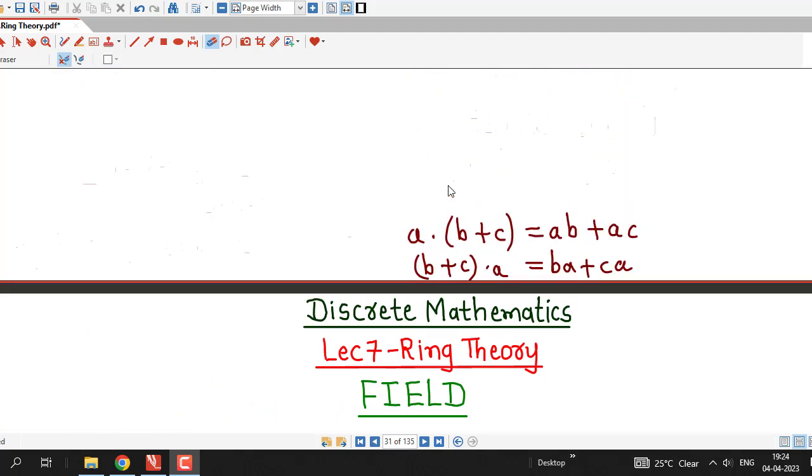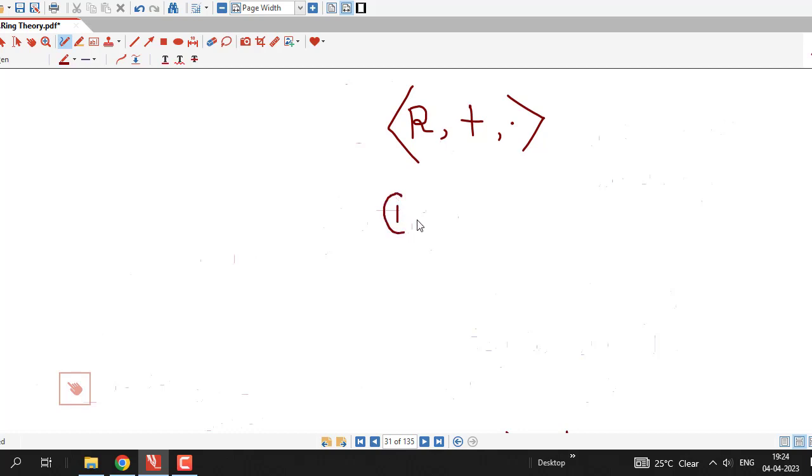So first we recall the definition of a ring. A ring is an algebraic system with two binary operations, which we denote by addition and this multiplication symbol. So an algebraic system denoted by R with these two operations is a ring if R with the addition operation is an abelian group,